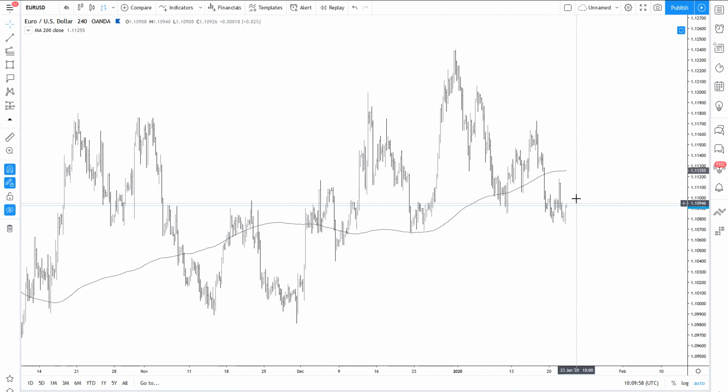As I said, if the DXY starts to trade higher, we may see that this head and shoulders that we have here actually triggered. In fact, we're still trading below that next zone for this head and shoulders. So if this is actually our right shoulder, we are now threatening the eventual recovery of the neck zone